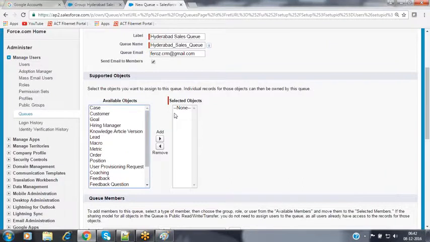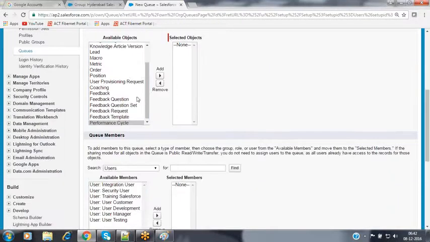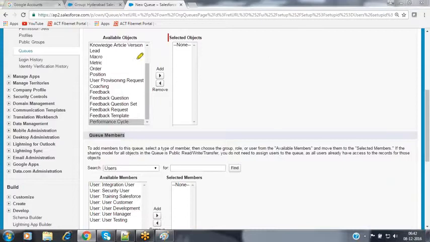These are the objects acceptable inside the queue. Queue supports only a few objects, for which it has the supporting objects option. It also has queue members. Two sections are available to you over here.